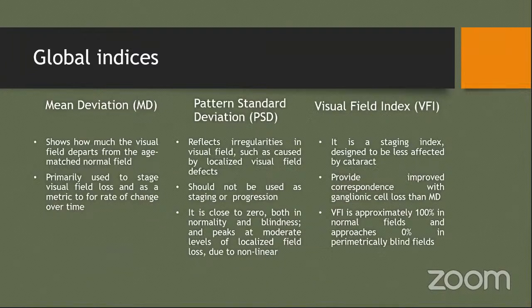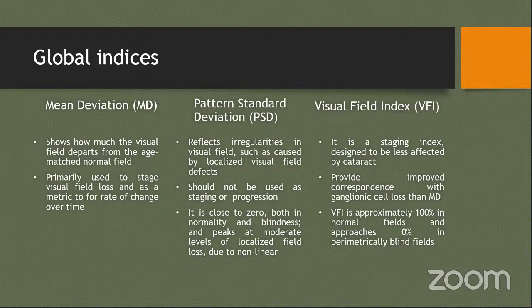Another one is the visual field index, which is a very good tool to educate the patients about how much field is left with them. And one more good thing about the VFI is that it is not affected by cataract, and we can use it as a simple guide for explaining the prognosis to the patients. Each of them has its usefulness depending upon the stage and severity of the perimetric loss, and most often they are used complementary to each other